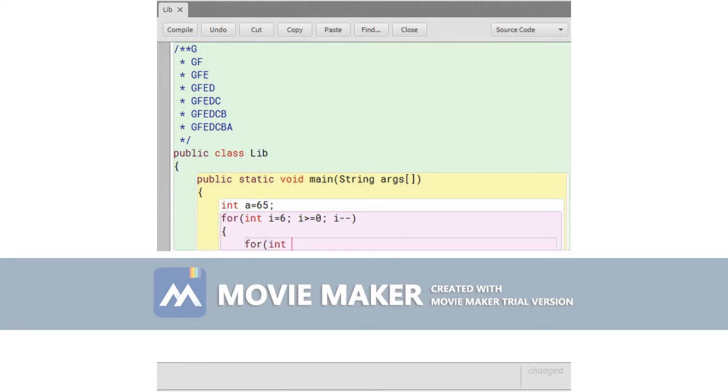For int j equals to 6, this will also be back counting. j greater than or equal to i. Now why are we trying to relate it with i? Because according to i, the number of columns will increase. Okay, I will be explaining to you. Give me some time. So it's j greater than or equal to i, and j minus minus, and then we have to print this